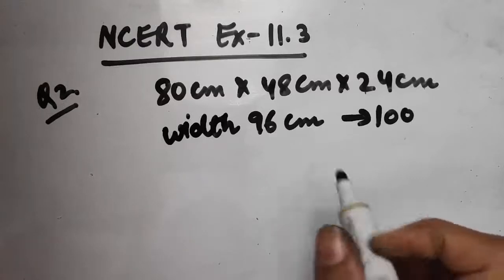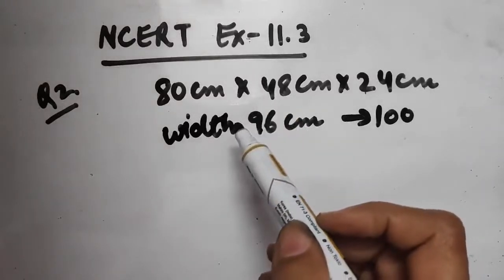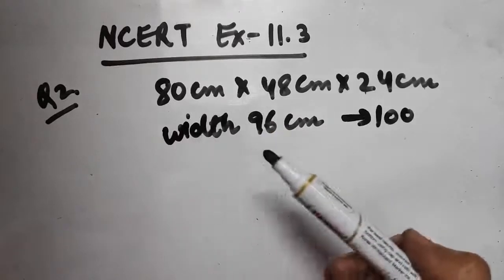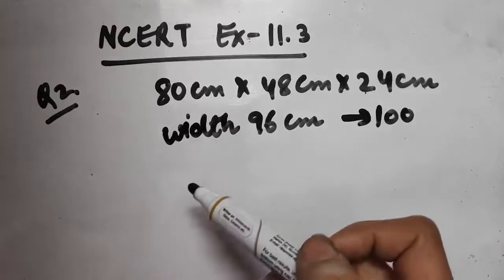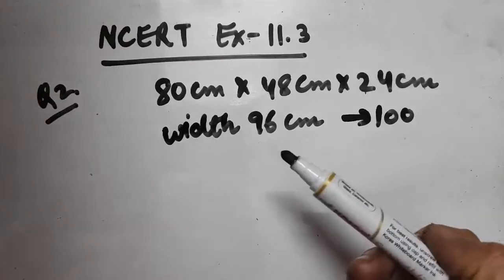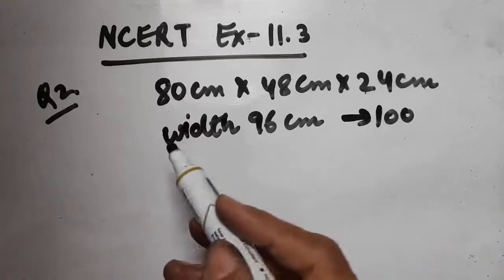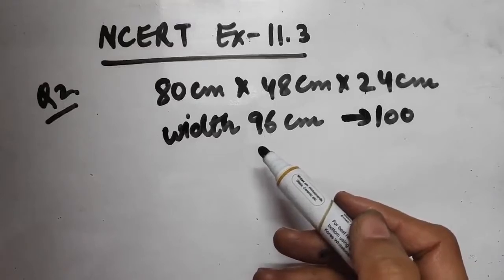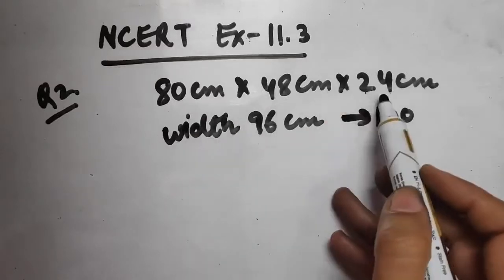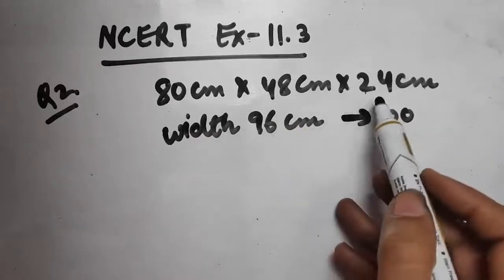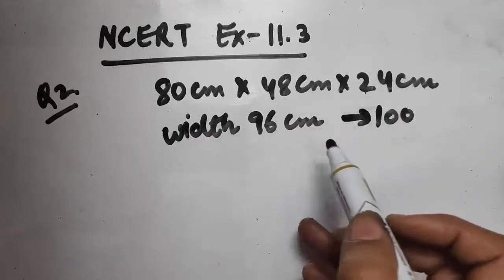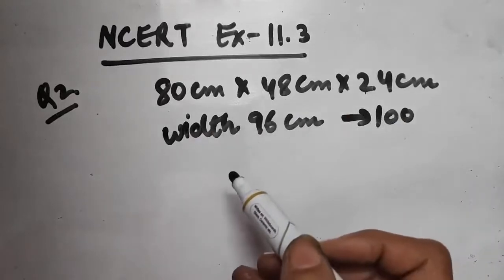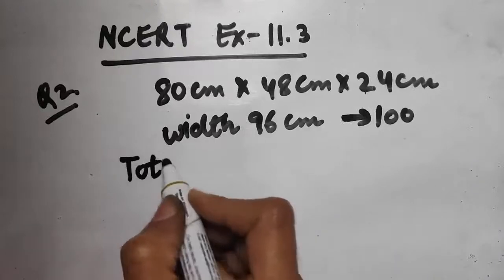Dear children, basically in the questions of cube, cuboid and cylinder, we need to find out firstly whether we are supposed to use the total surface area formula, or the lateral surface area formula, or curved surface area in case of a cylinder. According to this question, we are supposed to cover this suitcase with a tarpaulin cloth, and length, breadth and height are given to us. So this is a case of cuboid, and as we are supposed to cover this suitcase completely, we are supposed to find the total surface area of the suitcase.